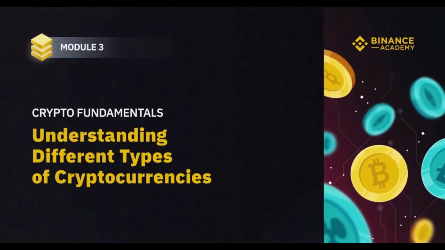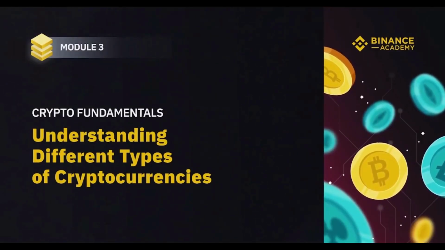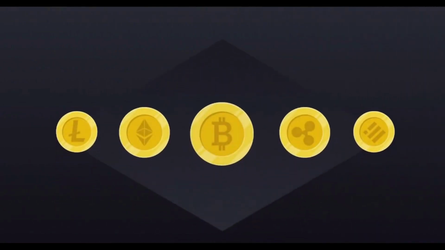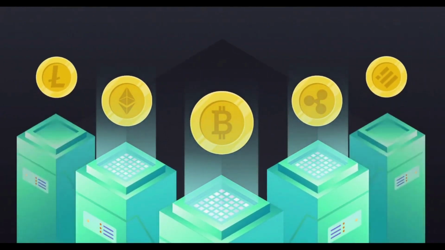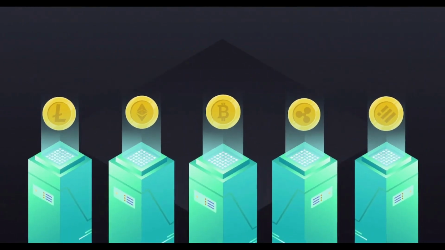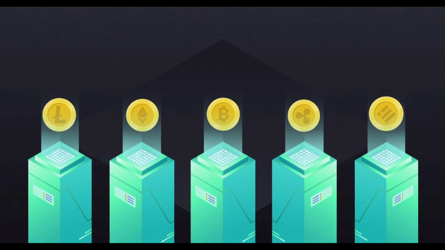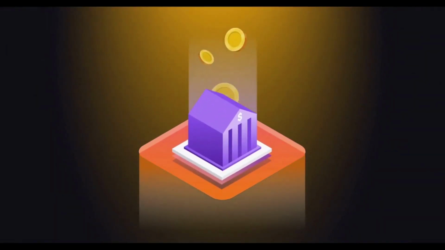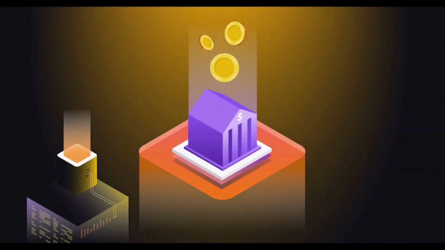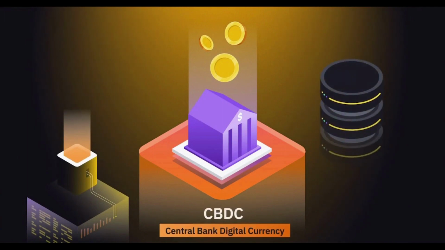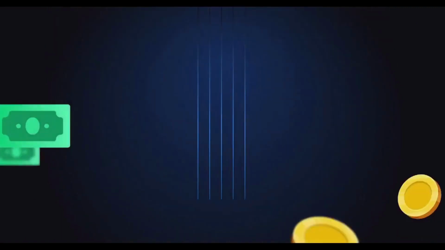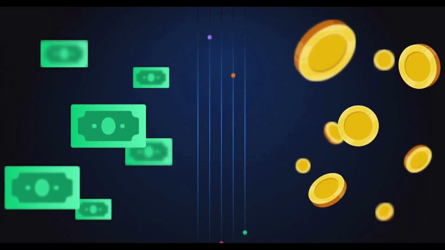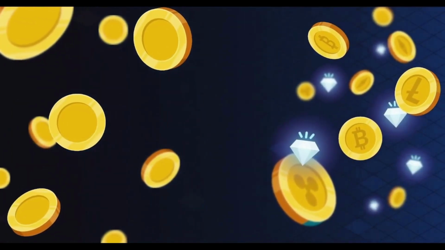You've probably heard about Bitcoin, Ethereum, and some other cryptocurrencies. We said before that cryptocurrencies are digital currencies. So, are all digital currencies cryptocurrencies? The answer is no. For example, many central banks are working on creating their own versions of digital currency, collectively referred to as central bank digital currencies or CBDCs. However, these are essentially digital versions of fiat money, and they don't enjoy most of the benefits of cryptocurrencies.